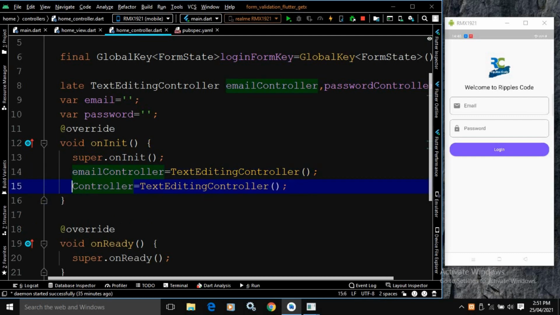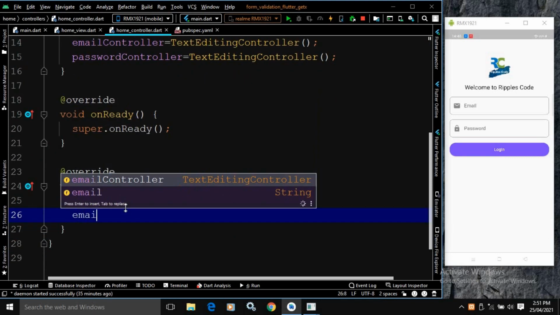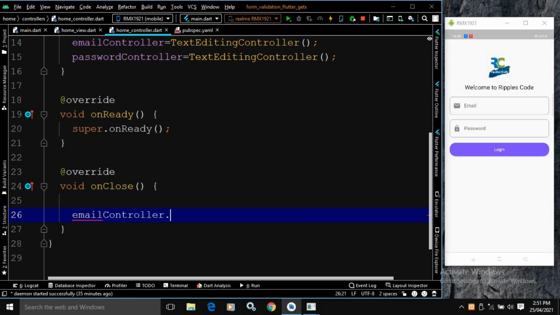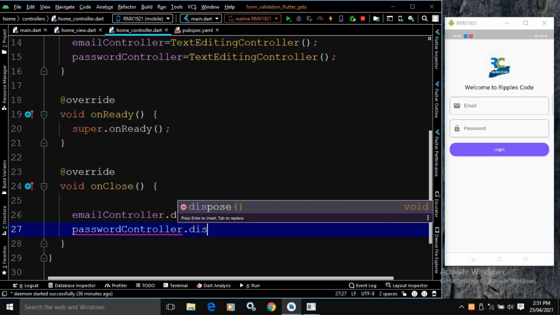Now it will be passwordController. So I have created the instance of emailController and passwordController. Now in the onClose method, I will dispose these controllers, and to do that, I will write emailController.dispose, and similarly I will dispose the passwordController as well. Okay, passwordController.dispose.